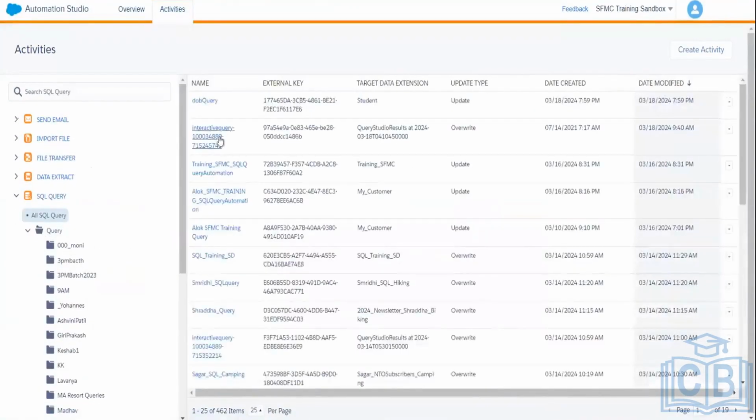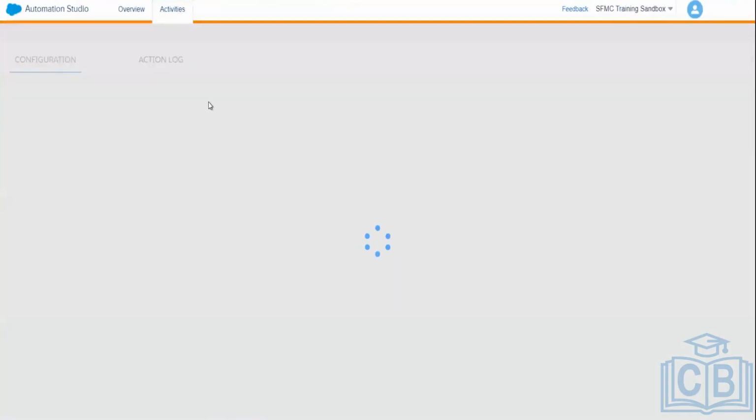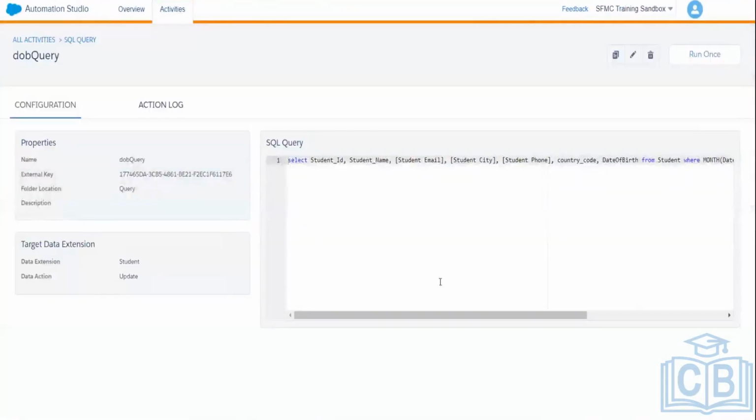In SQL query, I have created this query, and this query I have used in the SQL query automation. We can use the same table, as you already noticed, or we can use the derived new table also. Whichever person's data matches, they will be entered